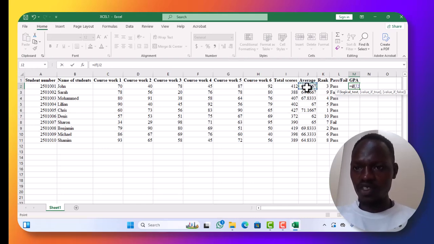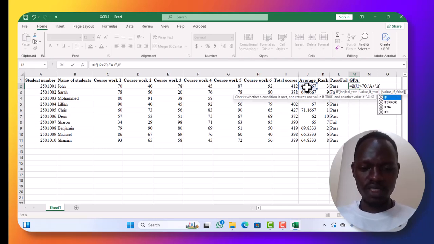If my average is greater than 70, comma, double open double comma, I'm going to say this one is going to be A plus. Close the double brackets, comma,